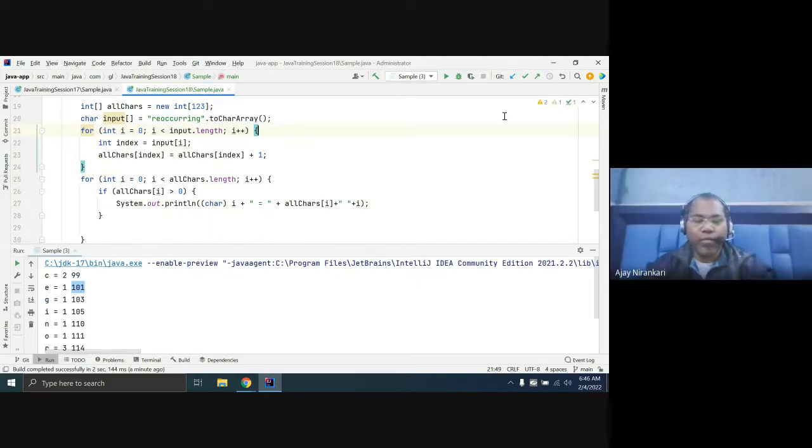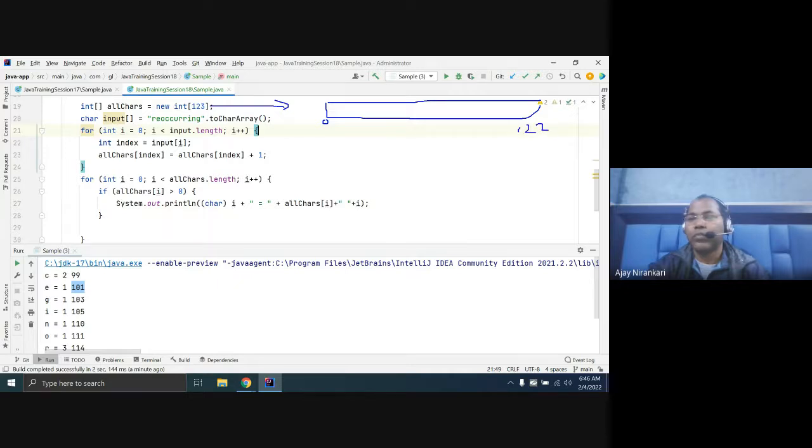Here, first you are creating one blank array with size 0. This line creates the array from 0 to 122, and we initialize all to 0. Now we have input. I'm reading one character, and this gives the index of R. The index of R is 114.